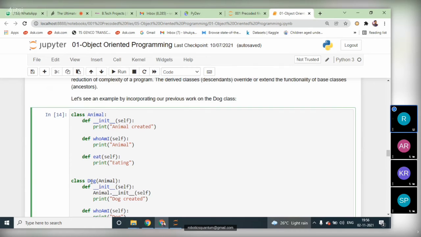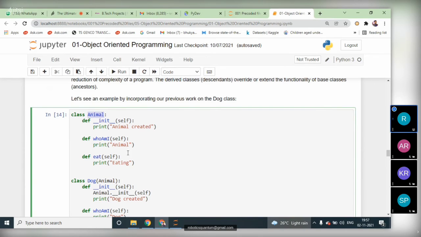See, animal is the parent class. Inside of the parent class animal, we have subclasses, that is dog or cat or elephant. All of these come under animals. Here dog, cat, elephant or anything like that will come under child classes. How are we making the relation? Simply, we keep the name of the parent class inside of the dog class as a parameter. We write the name of the parent class in the dog class, that is the child class, as a parameter. Now the dog class and this animal class have a relation.